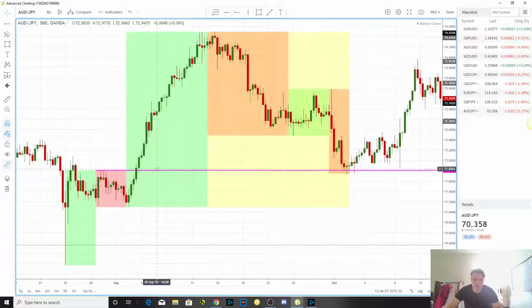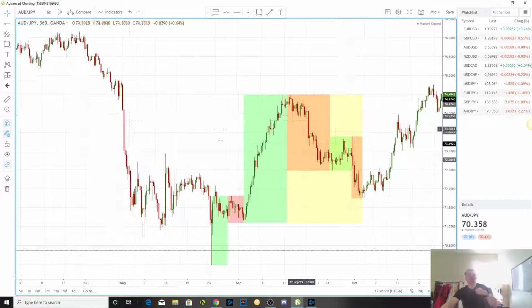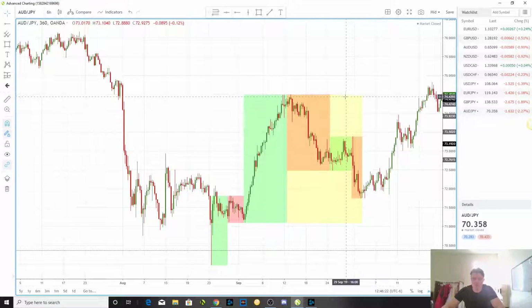So zones below that pink line, maybe this one, or like this one. As you can see, it didn't hit though, but it would have worked if it did hit. So that's kind of the idea there. I'll just delete these boxes quick,